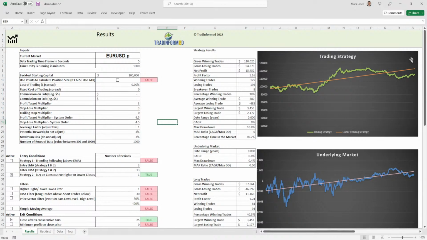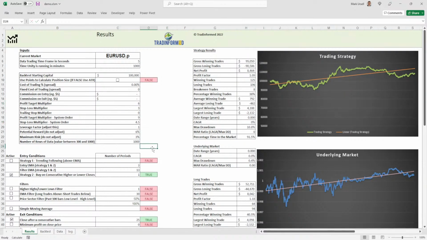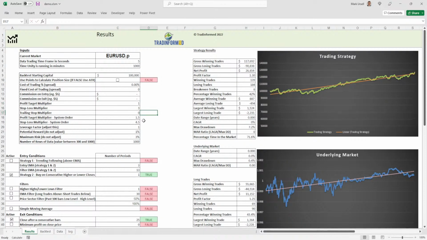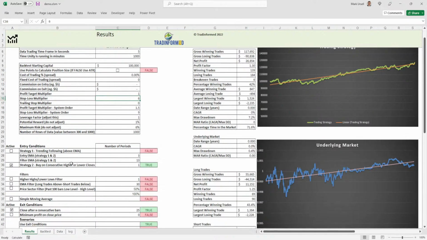We're not streaming new data in, but you can take all this data, you can safely play around with things like the profit target. You can get some settings. They're very, very tight profit target. Wow. If I extend out the stop loss there, it's not actually making a lot of difference